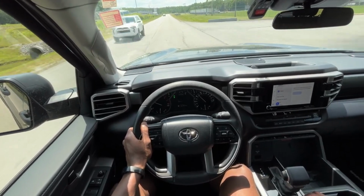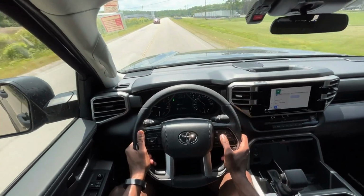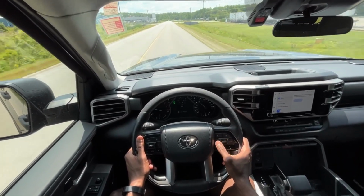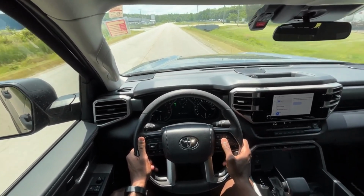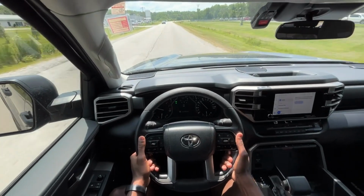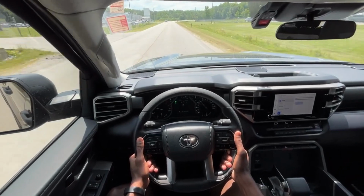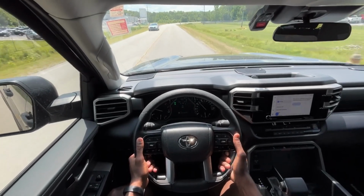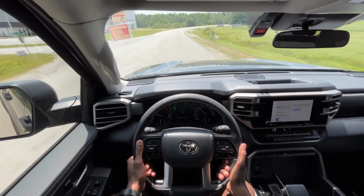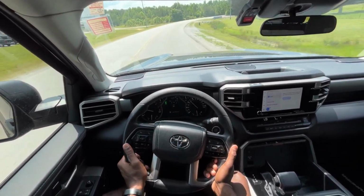I'm gonna put it into eco mode now. I'm just gonna use the radar cruise for a second. But just an all-around good truck. Now, how the 10-speed will last over the years with the 3.4 liter twin turbo, as opposed